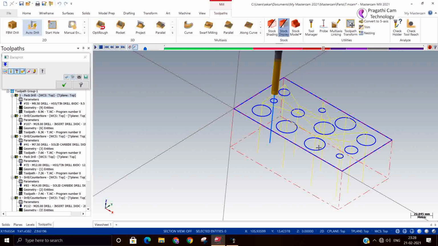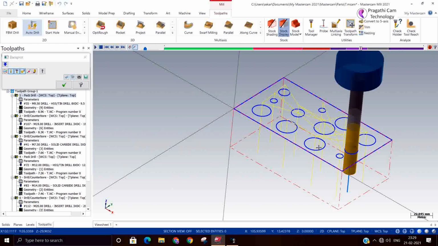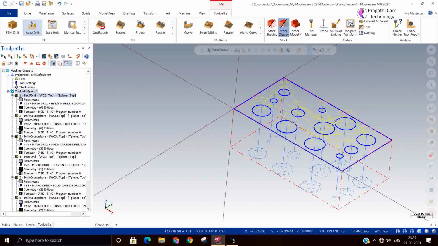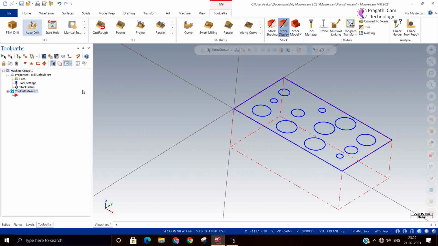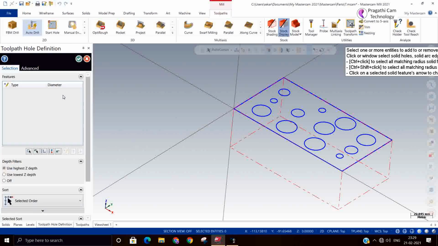So in a single setting, if you have a C-axis or a rotary axis, you can machine all 4 sides in a single setting. That is the advantage of this particular toolpath. You can change the plane and make the toolpath in the front plane, back, right side plane and left side plane. Okay. Now let me check whether that option is available. Again total select.